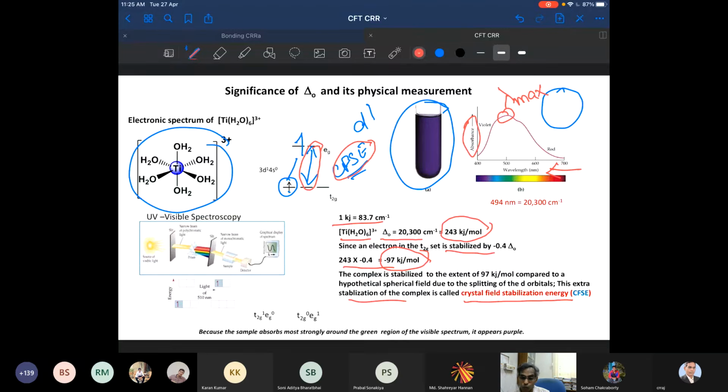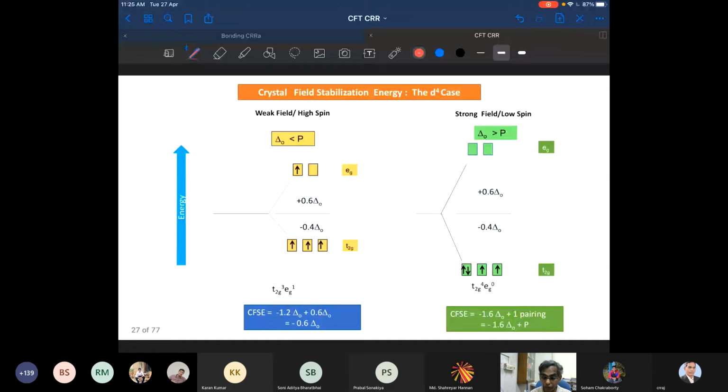Actually, a lot more is there in the CFSE. You need to basically calculate the CFSE. If I know the configuration, say I have a d5 configuration, I should know whether it's high spin or low spin. Then I can calculate the crystal field stabilization energy. Let's go here, the crystal field stabilization energy for d4. I have already mentioned how we put the electrons up to d3. There is no problem because they will go to the t2g orbital, obviously.